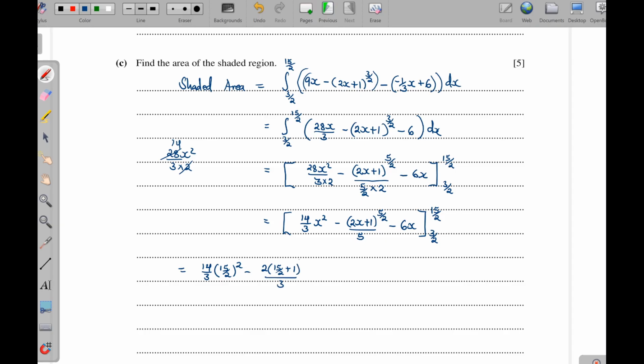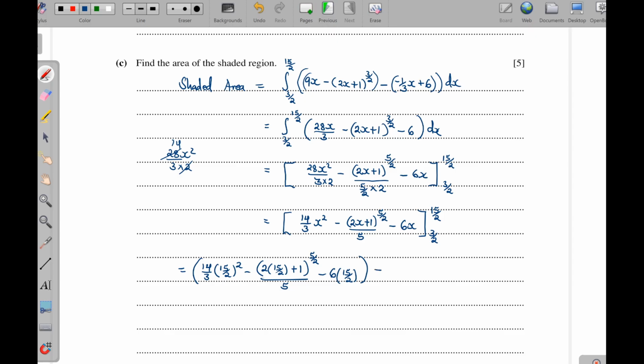So this 16 here, I'm powering it. Oh, there is a mistake here. The 2 is only on this one here. Okay, let me write it again. That is 15 over 2, then plus 1, and then to the power of 5 over 2, then over the 5,